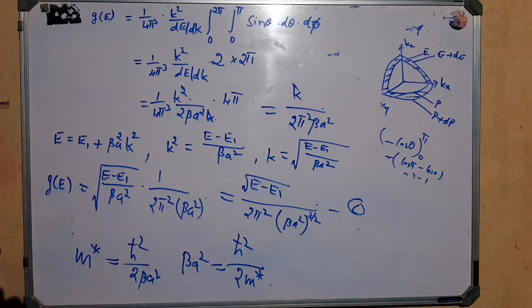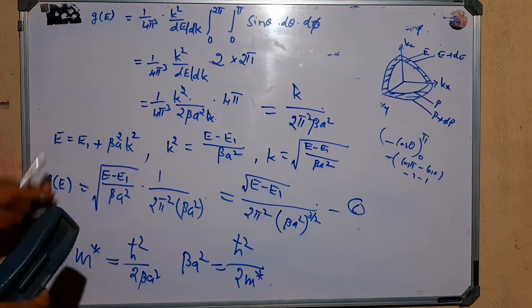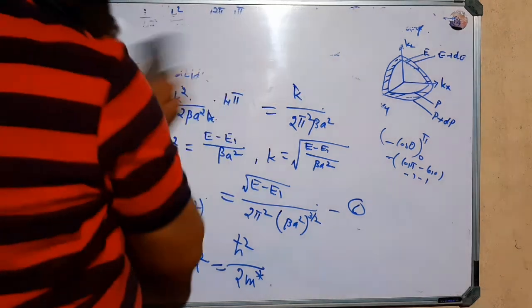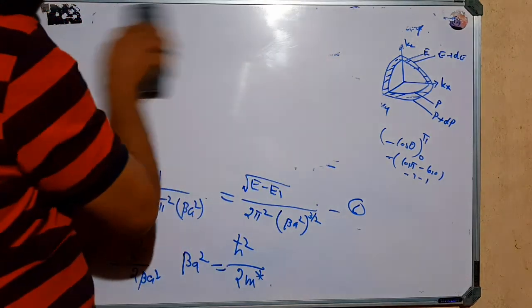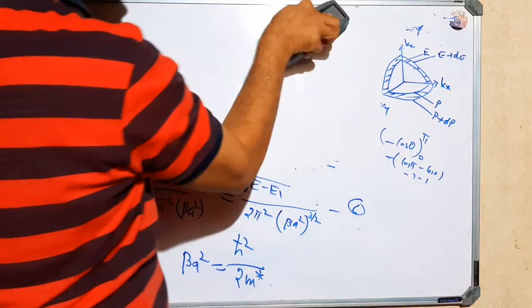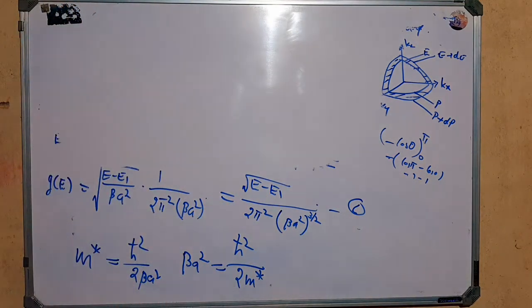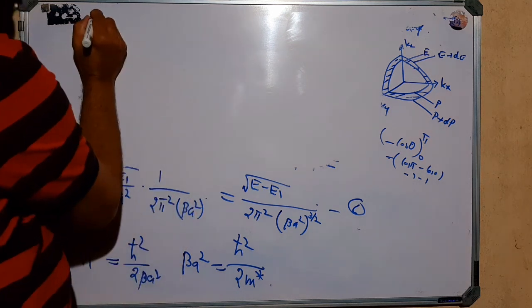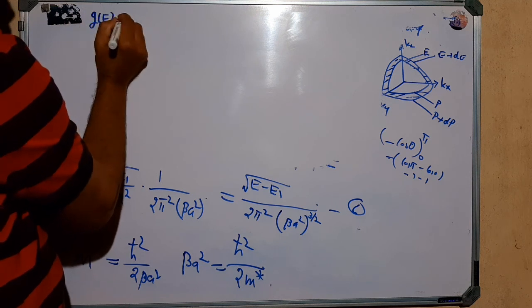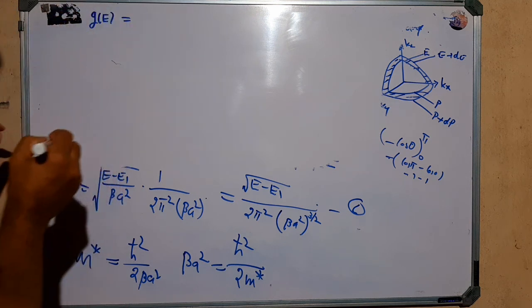So now you have to substitute the value of beta a square in the expression for g of E. Okay. So therefore g of E is equal to, right,